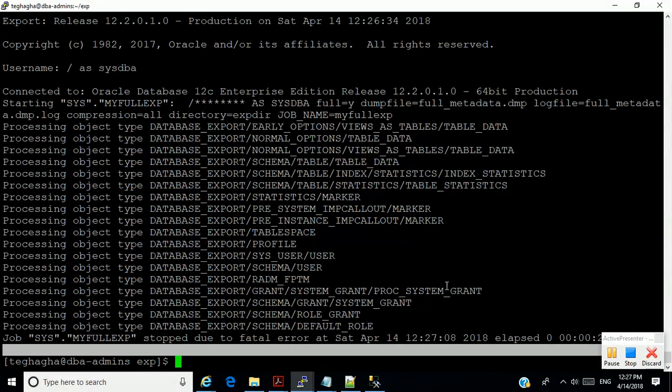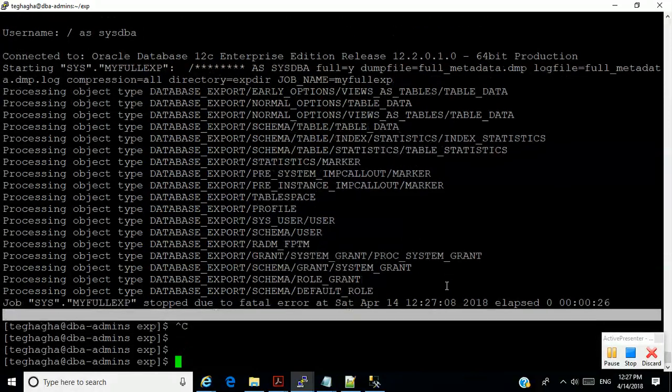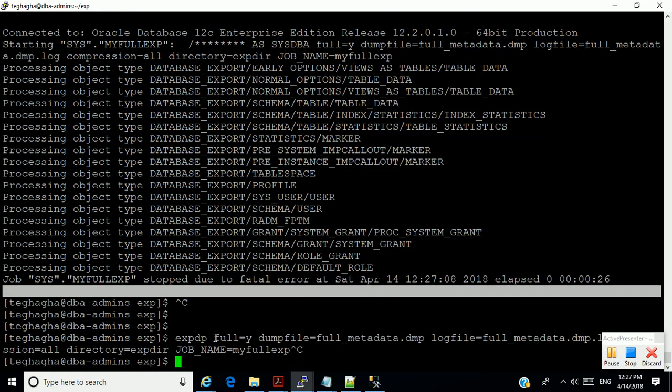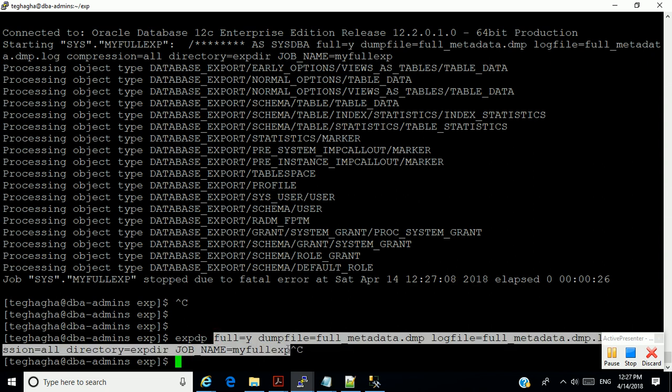Now, I've shown you how to use the kill. I want to show you how to use what they call the parameter file, if you want to be very tidy. Now all these parameters we've used so far, we can just simply put them into a directory. Export. I'm going to create a parameter file called xfull dot par.